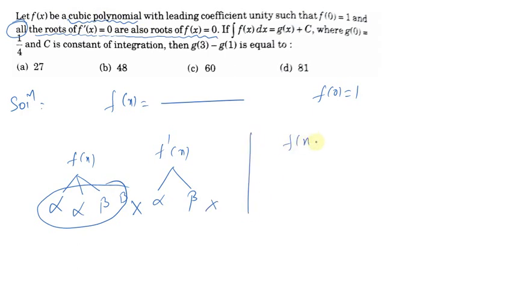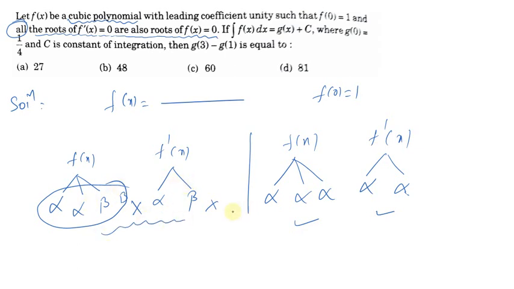Now f of x has 3 roots and f dash x has 2 roots. Now let me take one of the roots as alpha, and alpha is a repeated root, and let me take alpha, automatically alpha will be the third root. Now all the roots of f dash x equals 0 are the roots of f of x equals 0, this is satisfied. In this case that is not possible: all the roots of f dash x equals 0 being roots of f of x equals 0 is not satisfied if you are taking two very different roots.